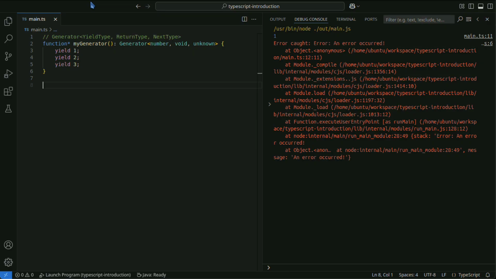Yield type is the type of the value returned by yield. Return type is the type of the value returned by return. Next type is the type of the value passed to next. In the following example, specific types are specified to use the generator safely with types.